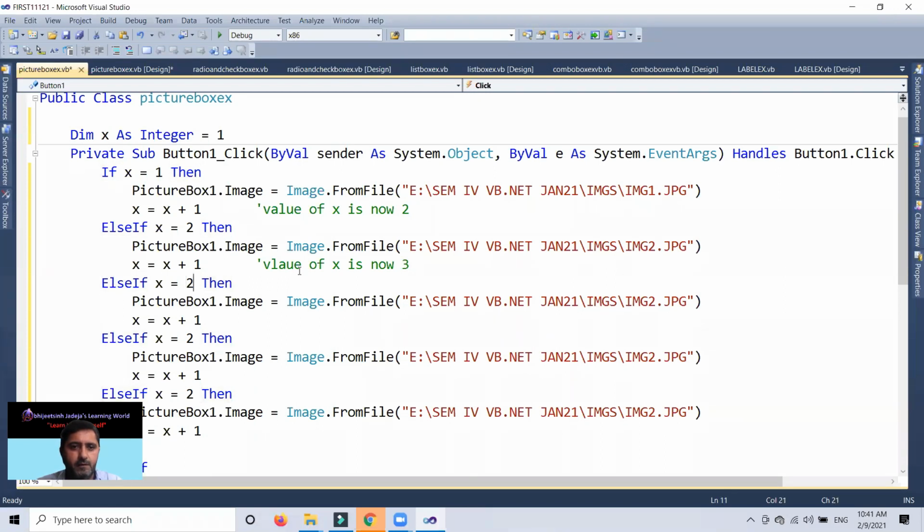So when it will be 3, my image 3 will load, and x plus 1 means value of x is now 4, and if it is 4, I have to change the condition to 4, and I need to load img4, and finally value of x is now 5, and if it is 5, I have to take the condition of 5, and this is image img5, and last, very important,